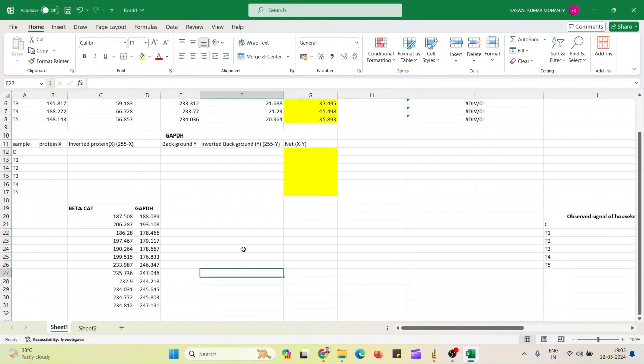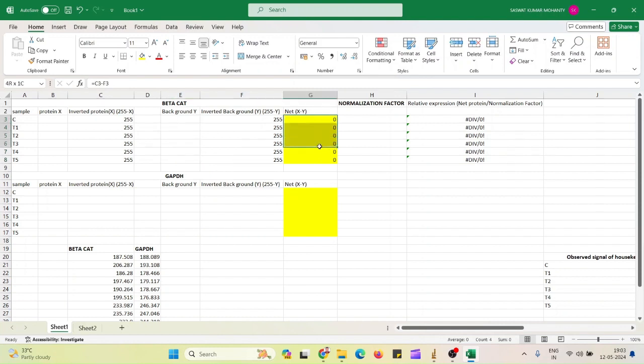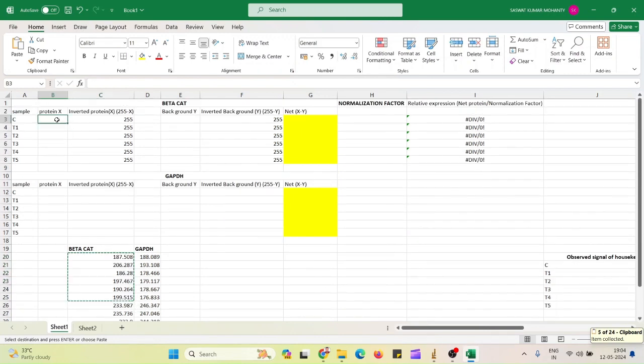Okay, so now come to the calculation. Here you have to do the calculation using the formula provided by NIH. I'll show you how to calculate through the NIH formula. This is the protein X. Protein X means the mean intensity we found when we measure our band directly, and Y is the background. I choose X for our targeted protein and Y for the respective background. The first 6, 1, 2, 3, 4, 5, 6, these first 6 are our targeted protein, beta catenin. I'll paste here.